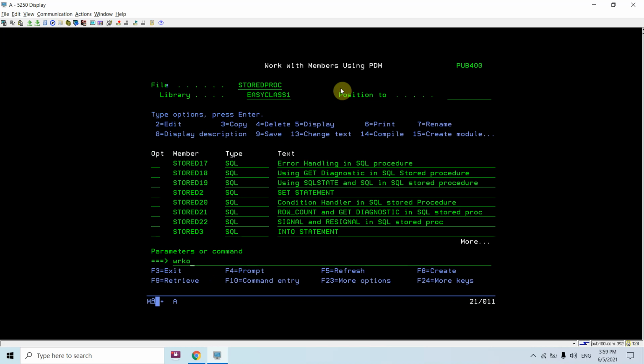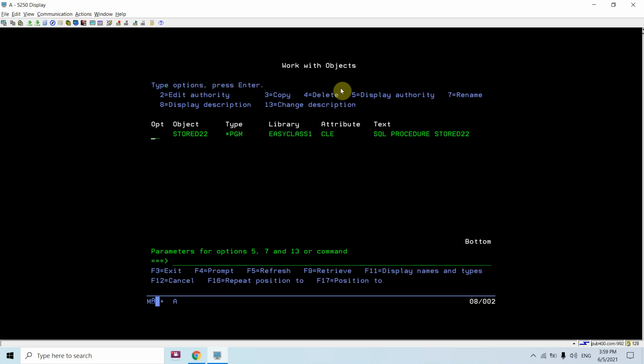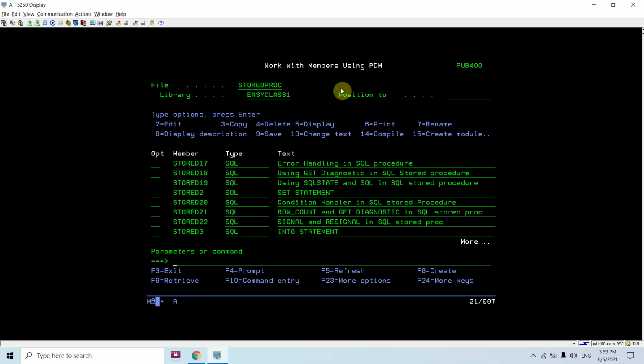So you can see this gets created. So this is a PGM type object.